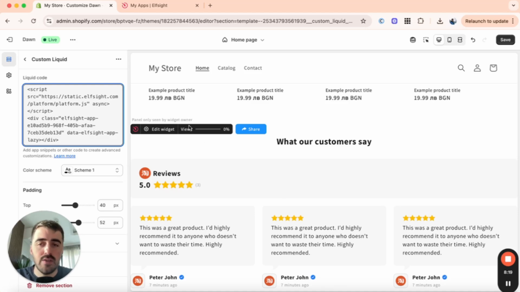Don't worry about this panel that you see right here. This is only visible by us, just in case you want to go back and make any quick changes to the widget itself. But yeah, that's pretty much it. That's how to add your own